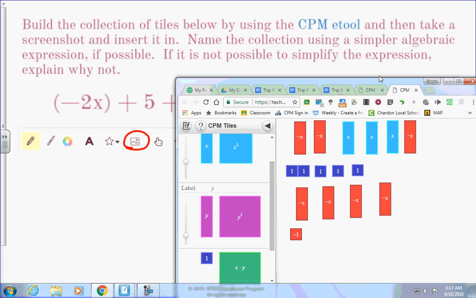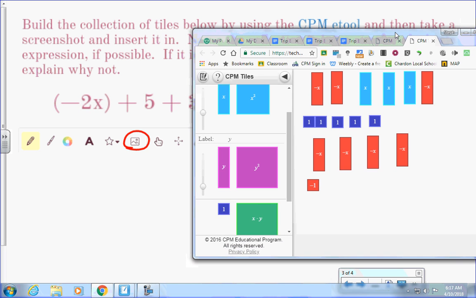So for me, it's going to work a little different because I'm working in a different program than you guys. But for you guys, what you would do is you would hit Control, Shift, and the little camera key, take a screenshot of this, click your image tool in Wizer.me, and insert the file. Okay. For me, I need to take a picture,